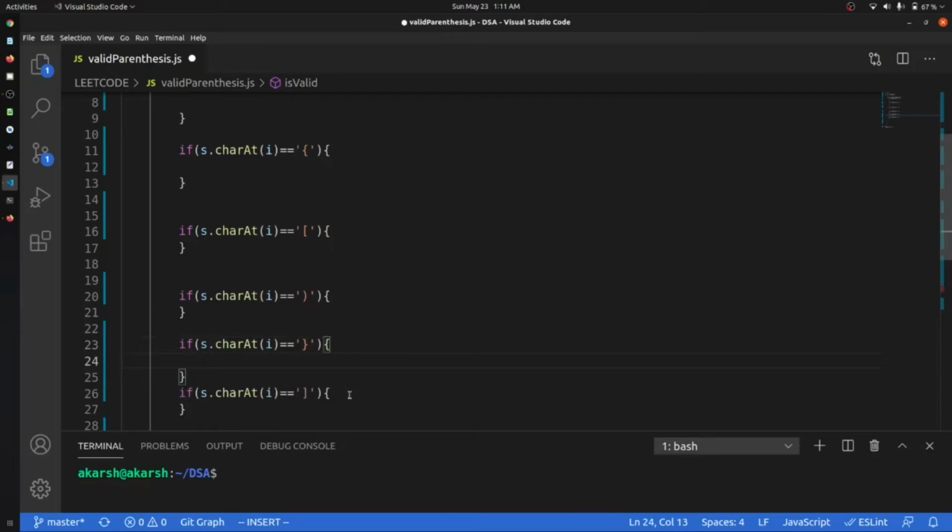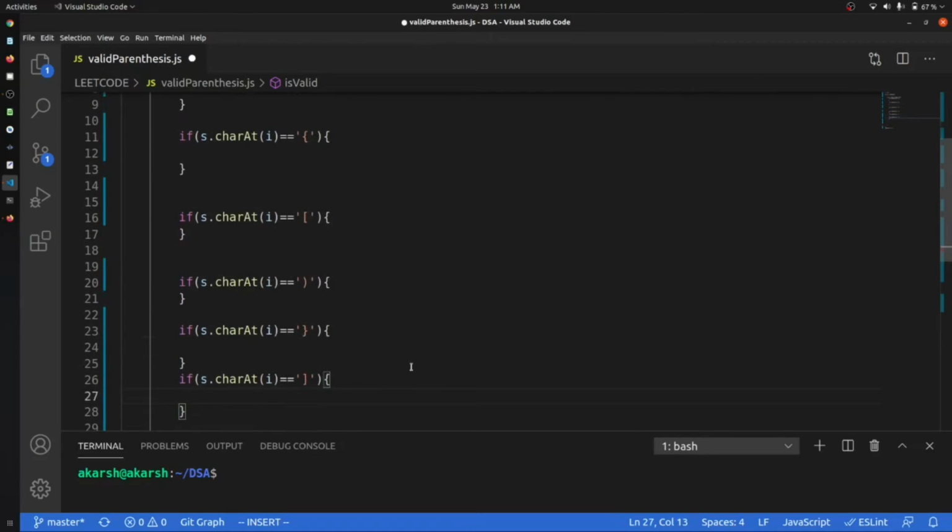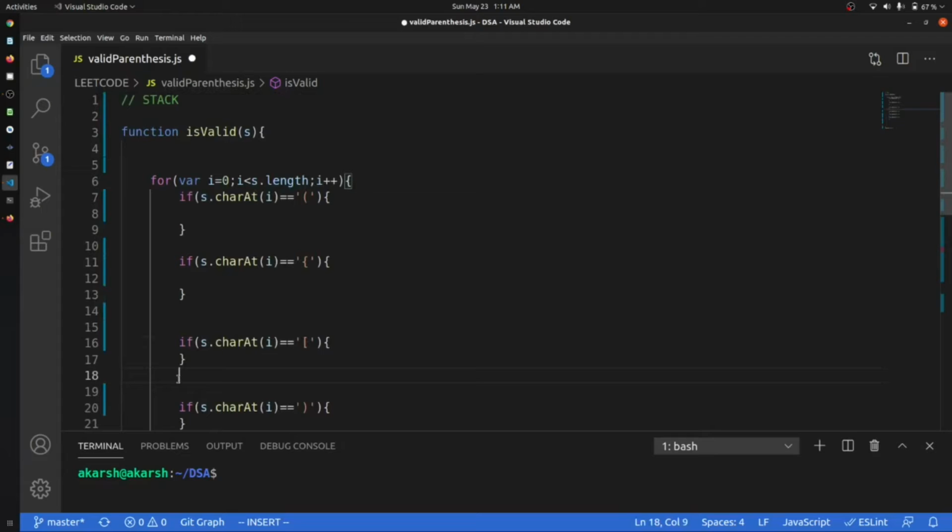In every opening case, we will just push every element into our stack.